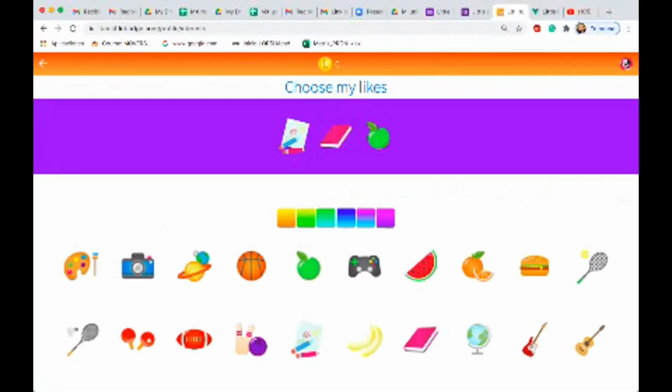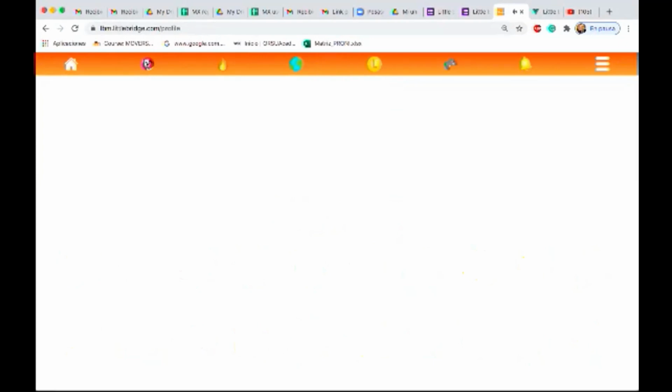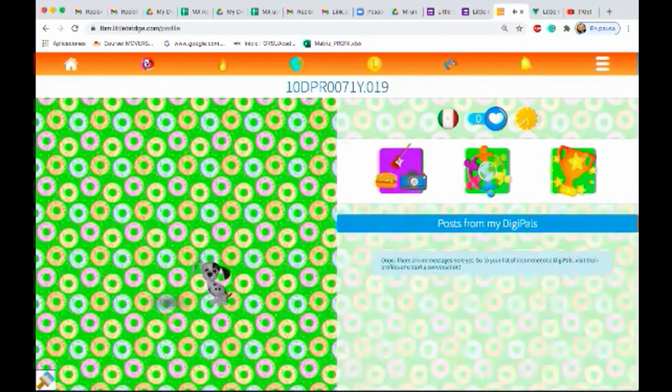Okay, instead of a notebook, I put a hamburger. Everything. I can change a guitar. I can put a camera. That's it. That's just plain. And you can practice the name of the object. So with your intention and with your experience, you can use in the English platform all the time, most of the time. What else can you do with this?